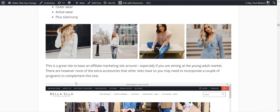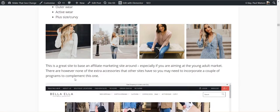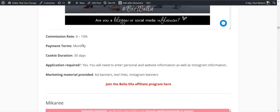Lots of good stuff in there. You could build a whole site around it. The first two, I think the first 3 or 4 here, have got everything in there. So if you're trying to base your affiliate site around this, have a look at these ones. They have 6 to 10%, 30 days. They manage their own internal thing. They wanted Instagram information, so if you're on Instagram and have a good following there, this one might be a